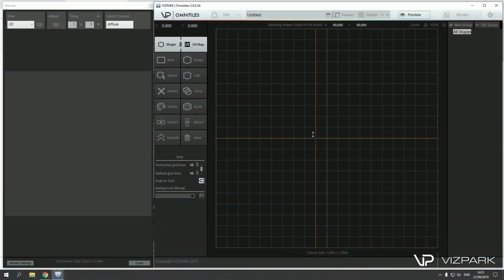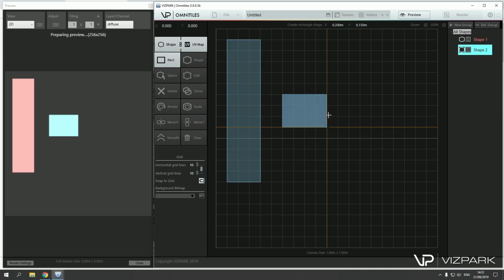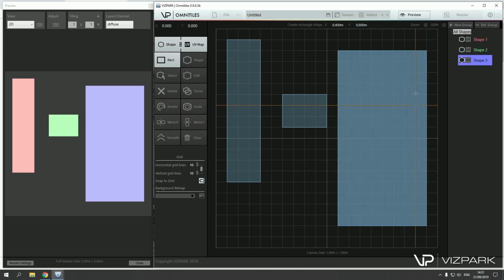Alright, so let's start with our very first own pattern. I'll quickly go through the options here in the pattern editor, and then we'll do a parquet floor. So we have different creation methods. One is the rectangle. You can just click and drag a rectangular shape of any size and it creates this